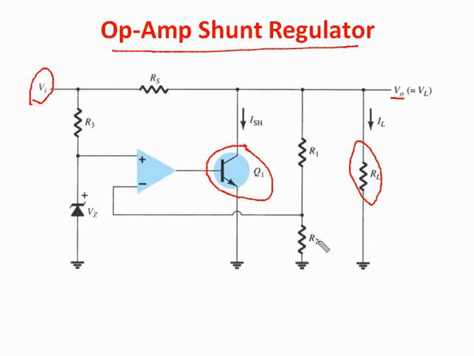Here R1 and R2 are used to divide the voltage. Suppose the output voltage is 12 volt and resistances R1 and R2 are connected such that here we get 4 volt, and the remaining voltage will appear across the resistance R1, which is the difference between 12 and 4, so it becomes 8. Suppose the value of resistance R1 is 8 ohm and the value of resistance R2 is 4 ohm, so we get the voltage ratio 8:4.